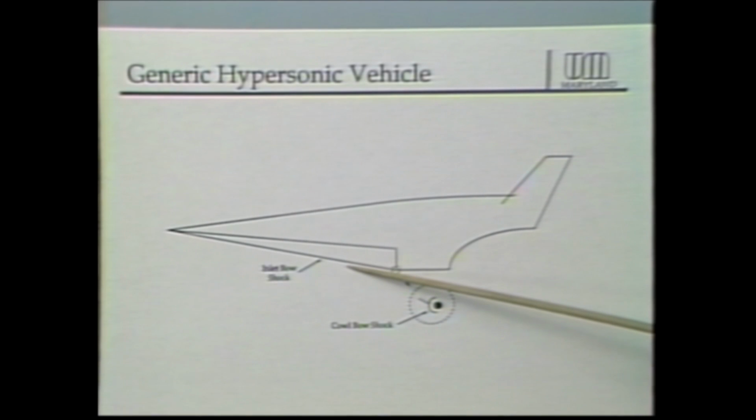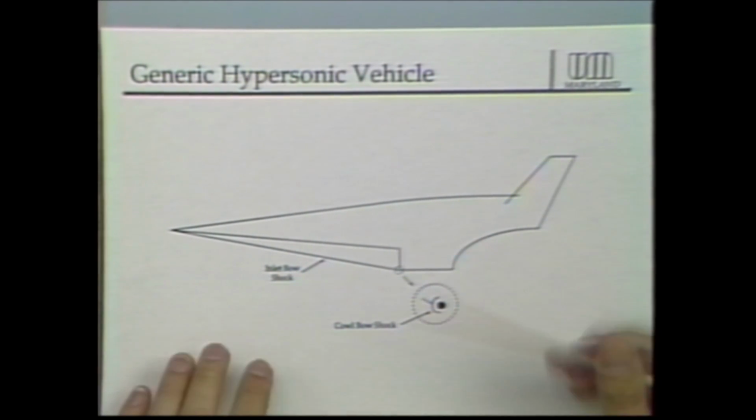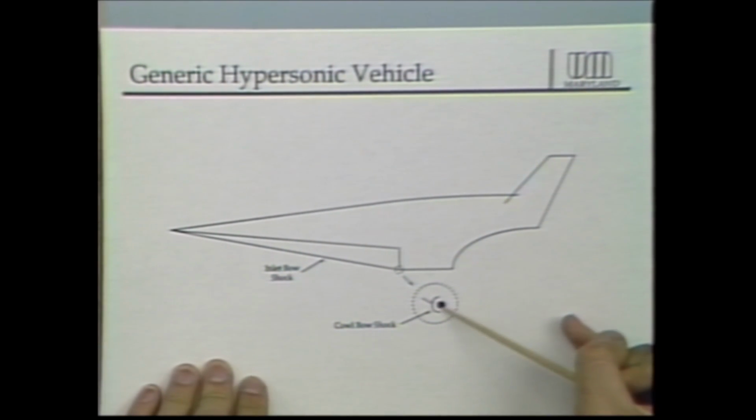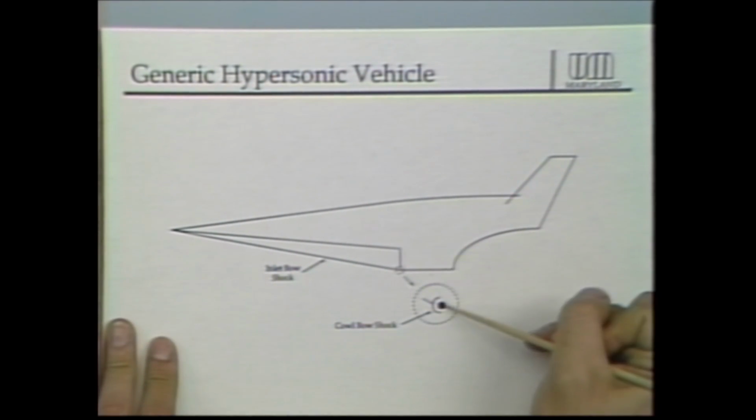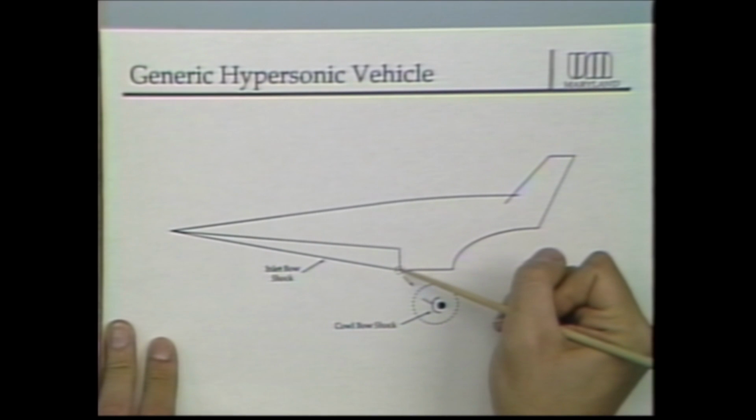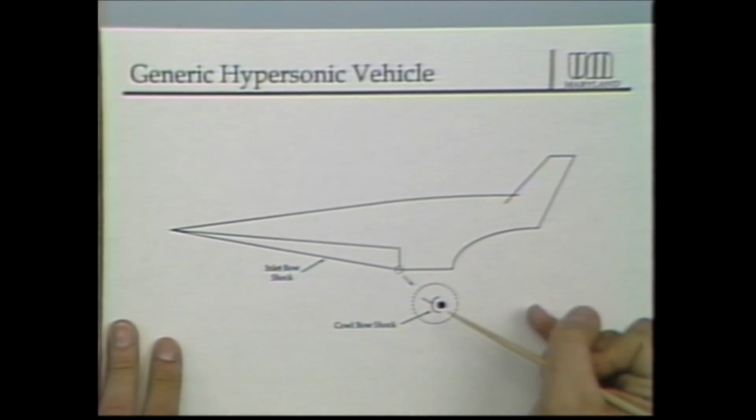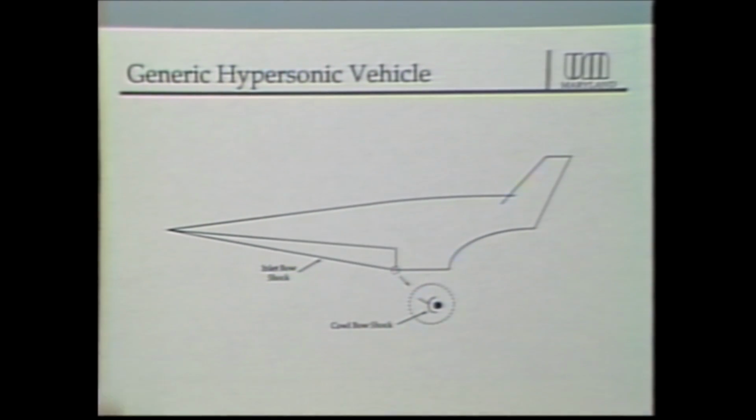bow of a hypersonic vehicle, and the shock wave associated with the blunt leading edge of a cylinder, or in our case, the blunt leading edge of the cowl lip, the interaction of these two shock waves produced a very, very complicated flow field, and a flow field which could have ominous implications in the design of the vehicle. Specifically,